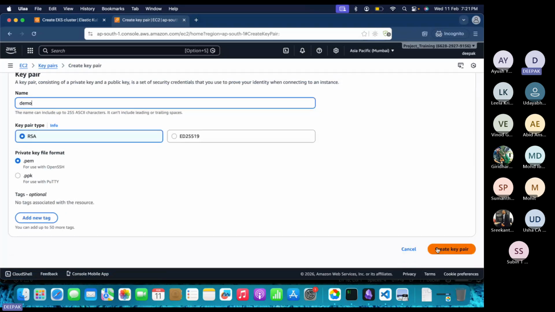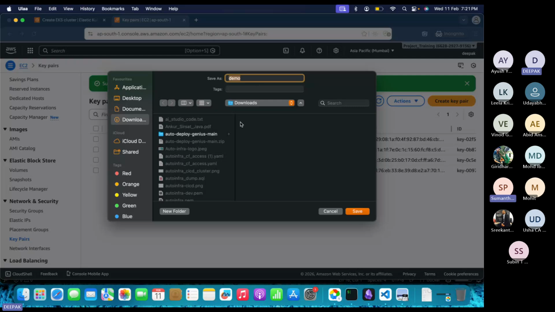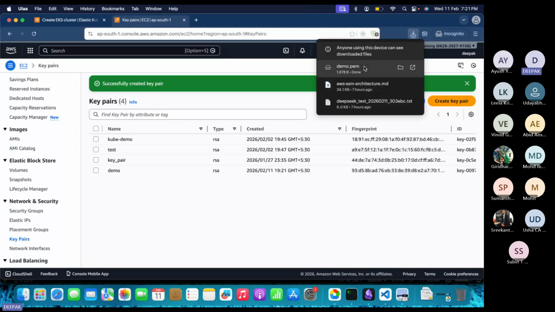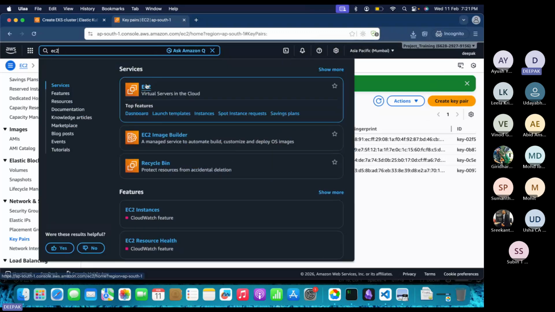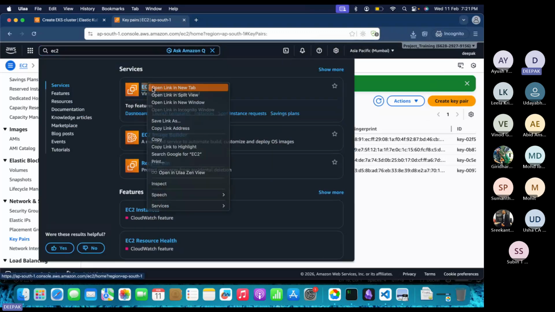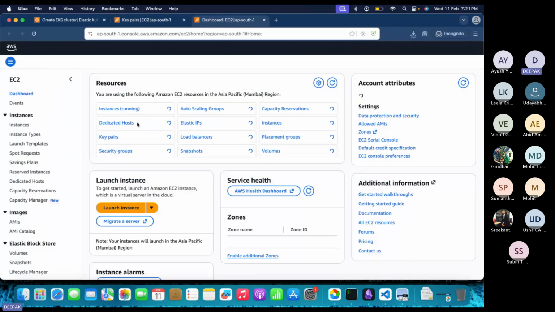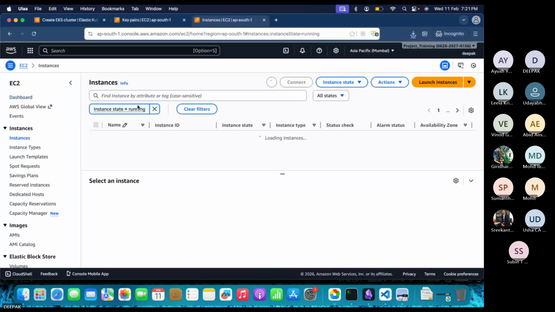Okay. You create, and you will see there is a file getting downloaded. So it is saying to download, save. So this is nothing but the key which I can use. And whenever I provision an EC2 instance, you come here, you basically select that key,